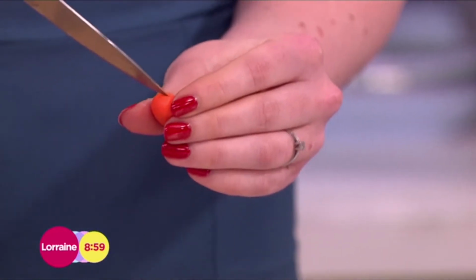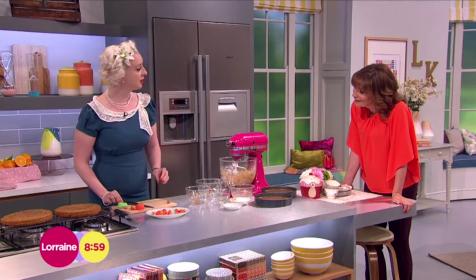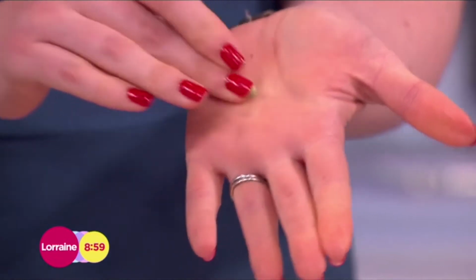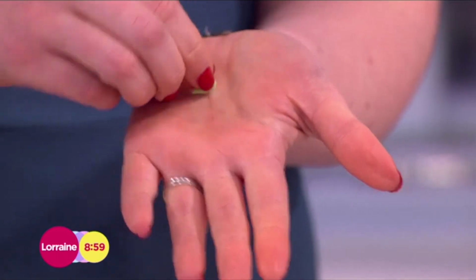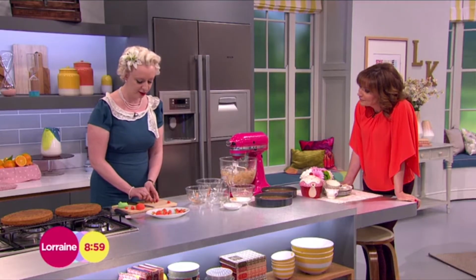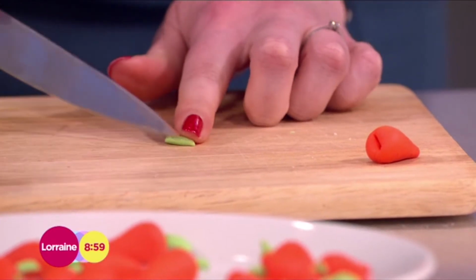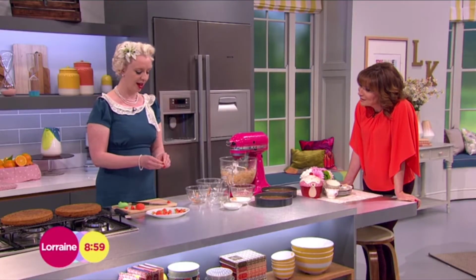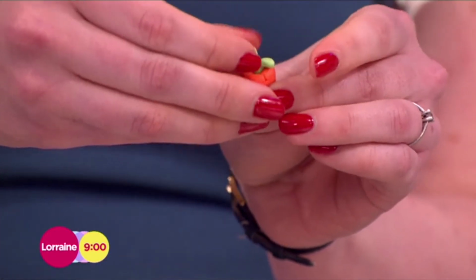If you pop a little cut just at the top and set him aside, we'll make him a little stalk. It's good fun, isn't it? So it's a little pinch of green, just a tiny little bit of green paste. Again, we're going to make a cone, exactly the same as before, in the palm of your hand. Press down on one side, but this time we're just going to flatten it out with a little press, and then make 2 little cuts at the top. This is making our little stalk. That's really cute. Then we just poke it into the top of the carrot, and that is